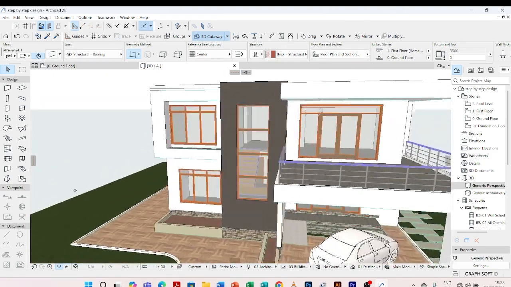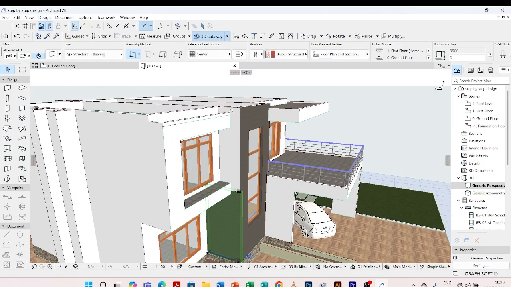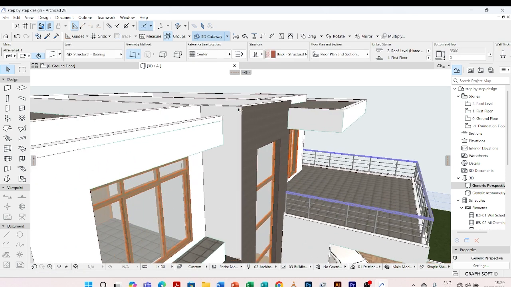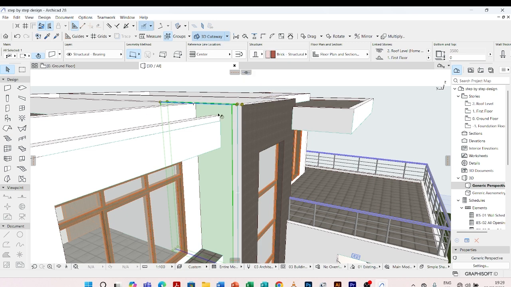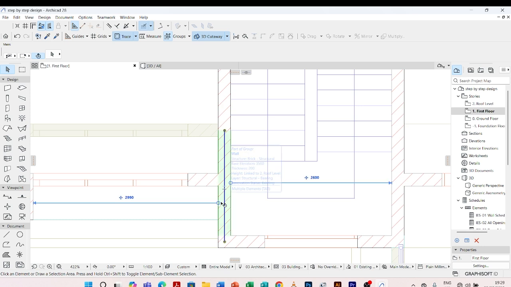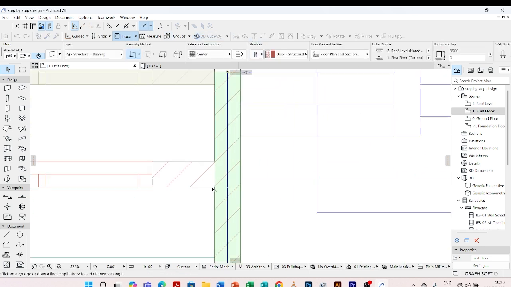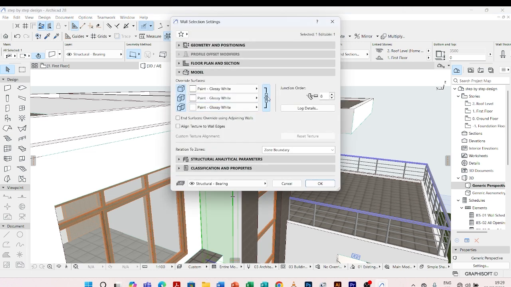Then I will do the same to this one, this wall. So I Alt G, that is to remove the selection for all. So this wall I'm going to do the same. I come to the first floor, I'm going to cut it from here, cut it from there, come back to my 3D, select the wall, I type Control T for the settings,